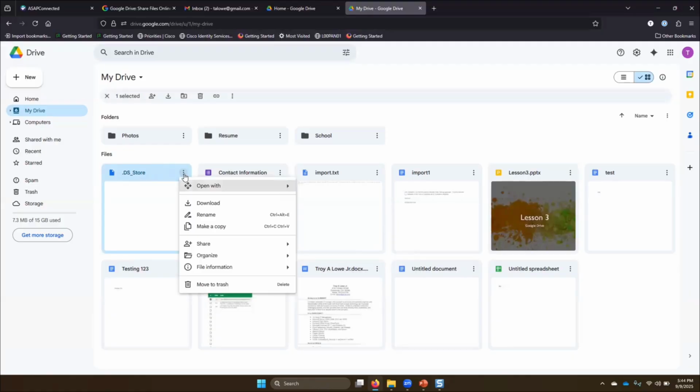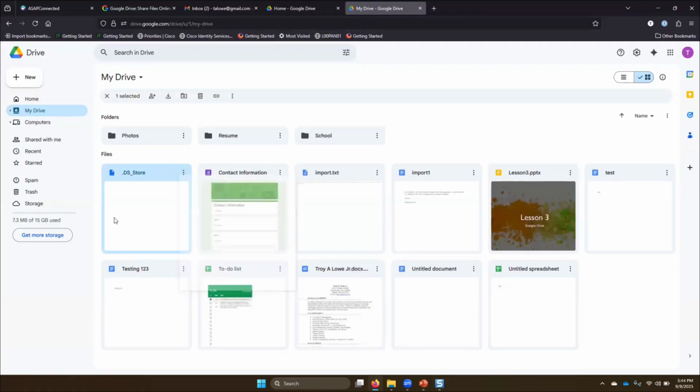So you can either do the three dots, or you can, when you open it, so like on my contact information here,